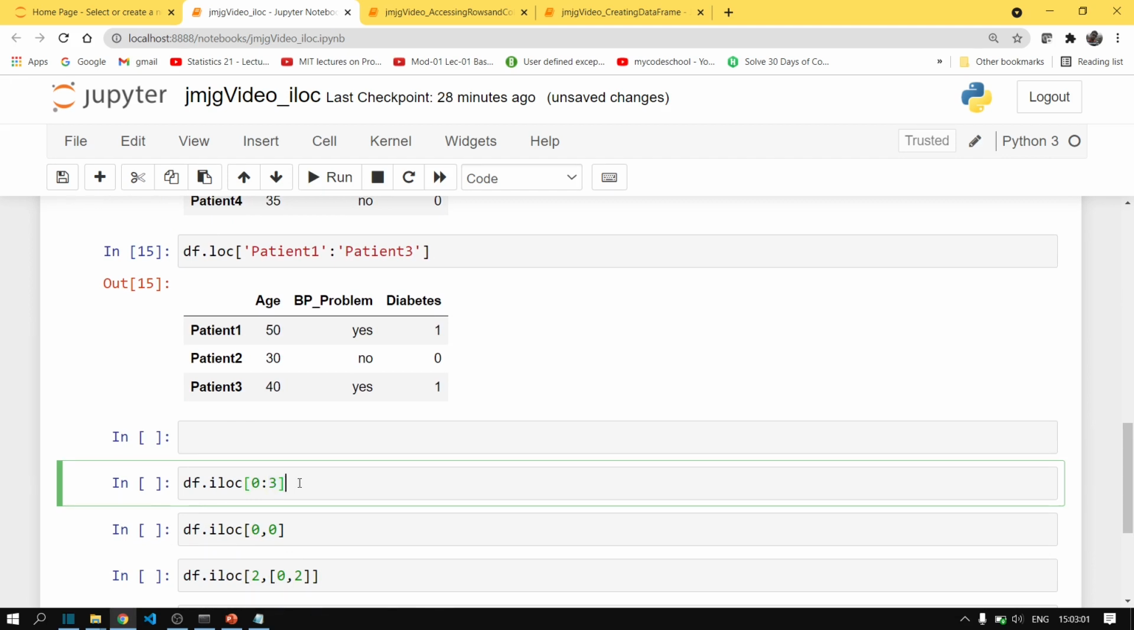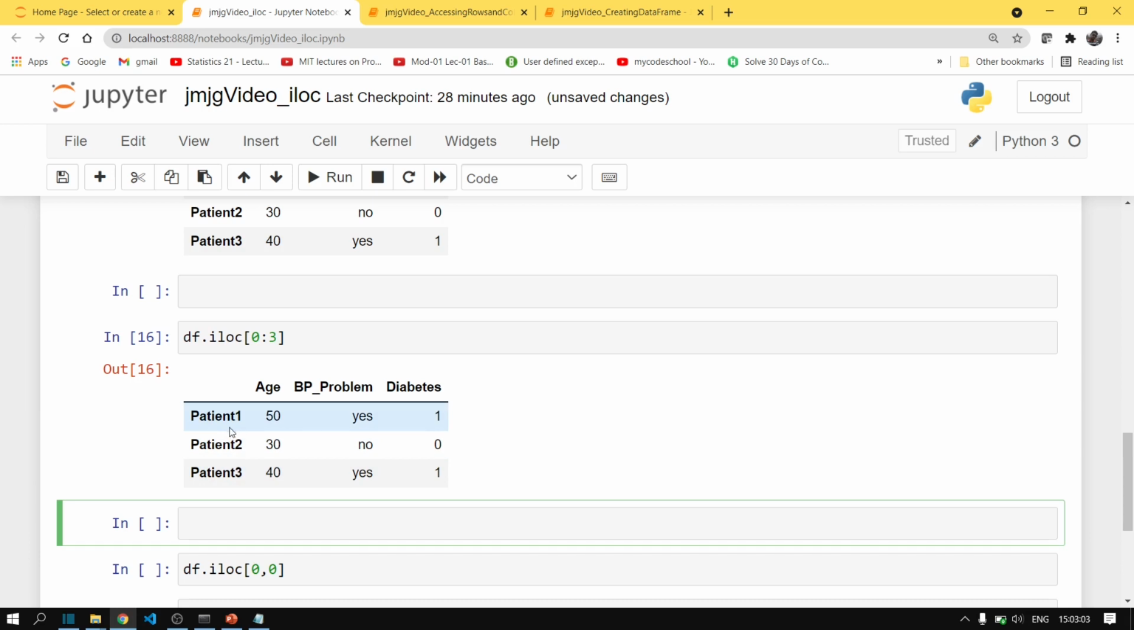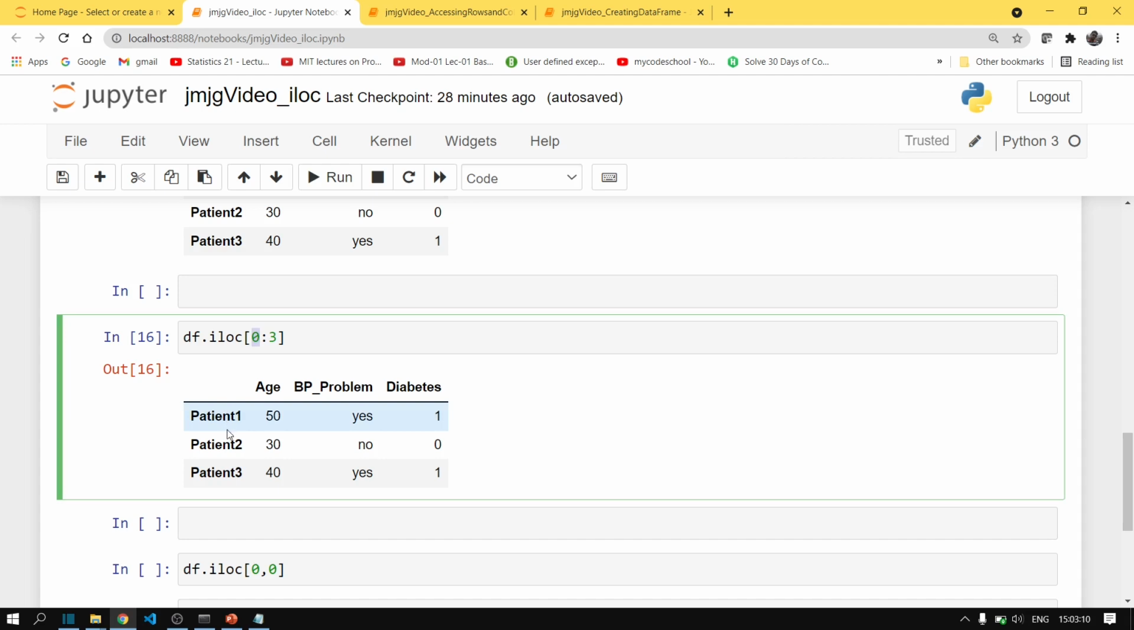So if we run this, it will access only from 0 to 2, that is row number 0 to row number 2, that is patient 1, patient 2, patient 3. Similarly, if we access